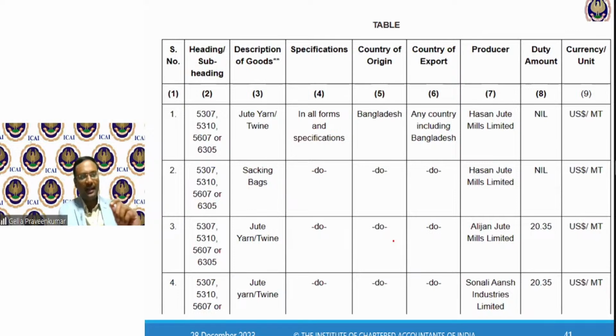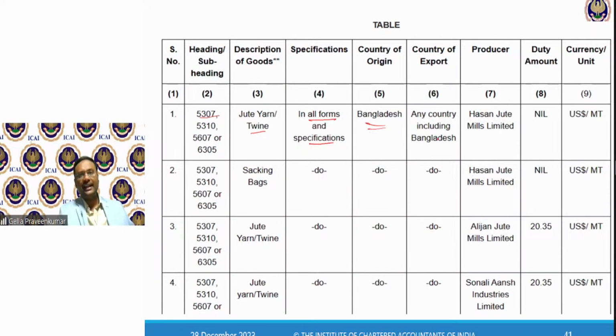Now, this is a table continued from this particular notification. What do they say? The items having tariff heading 5307, which is called jute yarn, in any form, in all forms and specifications. This jute yarn can come in any form, any specification from a country called Bangladesh.